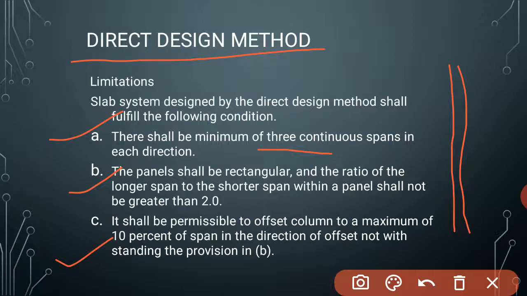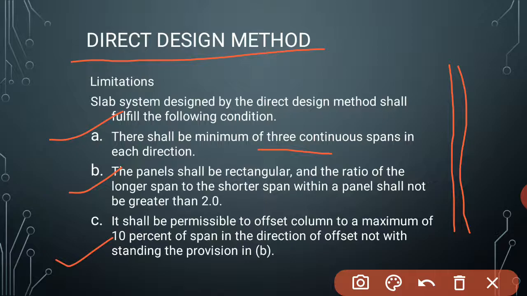There shall be a minimum of 3 continuous spans in each direction, and the second criterion is that the panel shall be rectangular and the ratio of longer span to shorter span within a panel shall not be greater than 2.